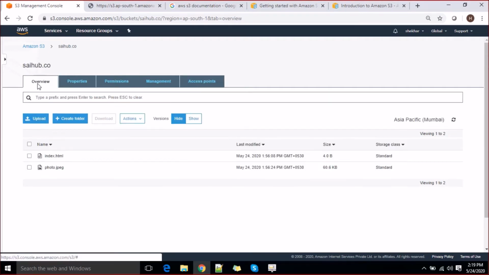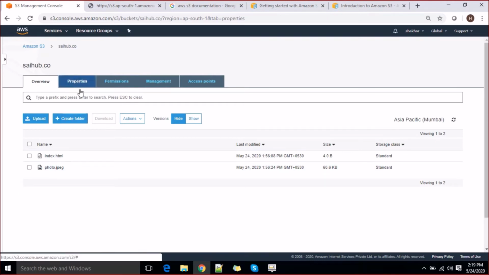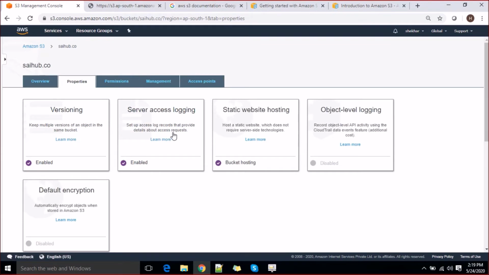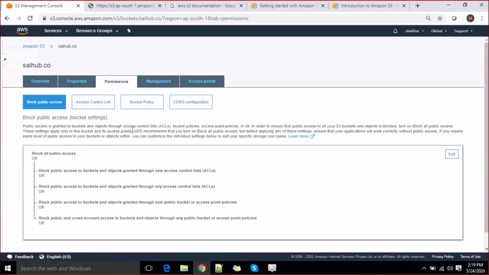Moreover, our focus would be on how you can put your objects, and how you can host your static website in the S3 bucket. How you can enable the properties, like versioning, storage class, and static hosting. With this, maintaining it and managing permissions is a very critical section. The bucket public access control list and bucket policies, if you want to do so, you have to go through these things also. If you want to make it public, that's fine, go ahead and click on this.